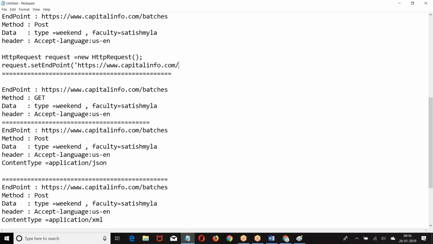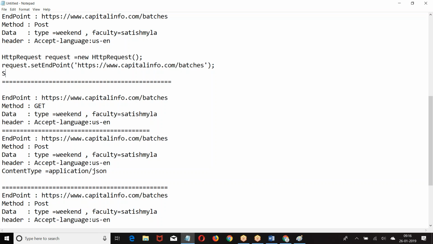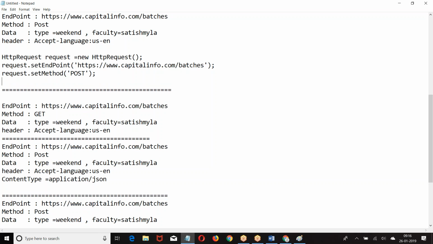If it is a post method, we are going to have a body. So any data you want to send, you can set in the body part. Request dot set method. Then we create string body equal to weekend ampersand.